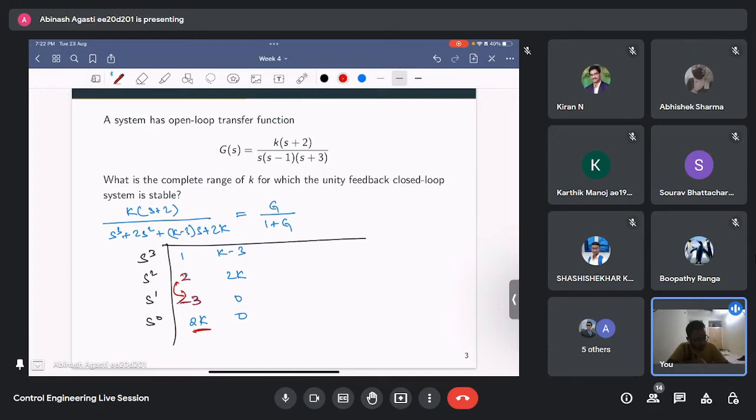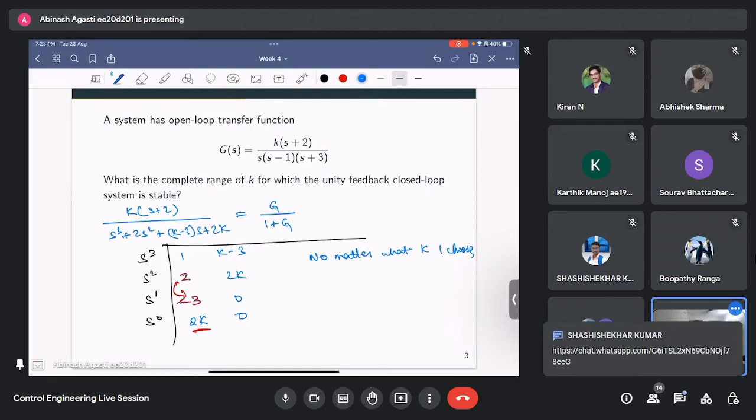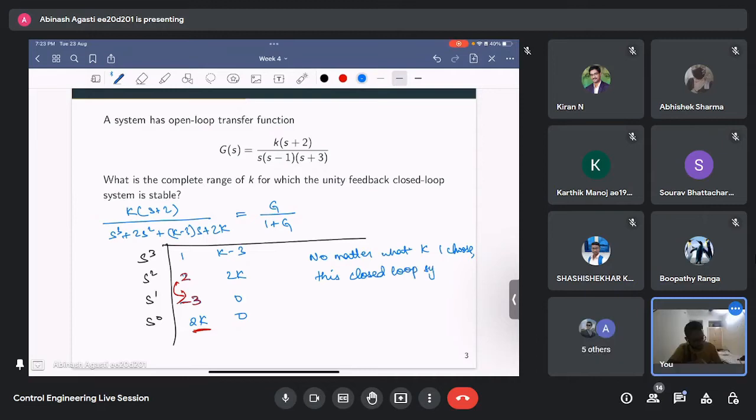So what that means is, no matter what K I choose, this closed loop system is unstable. Okay. So this particular system that we have, we wanted to see if we say, so how you